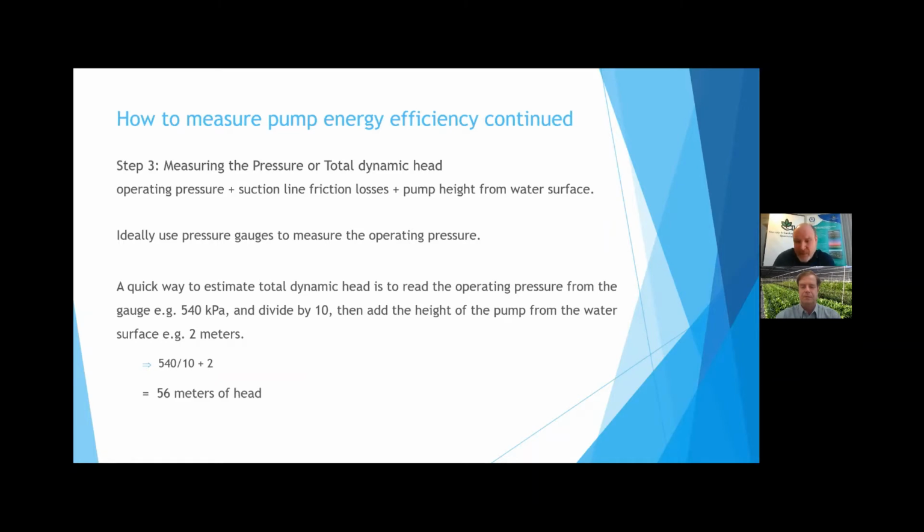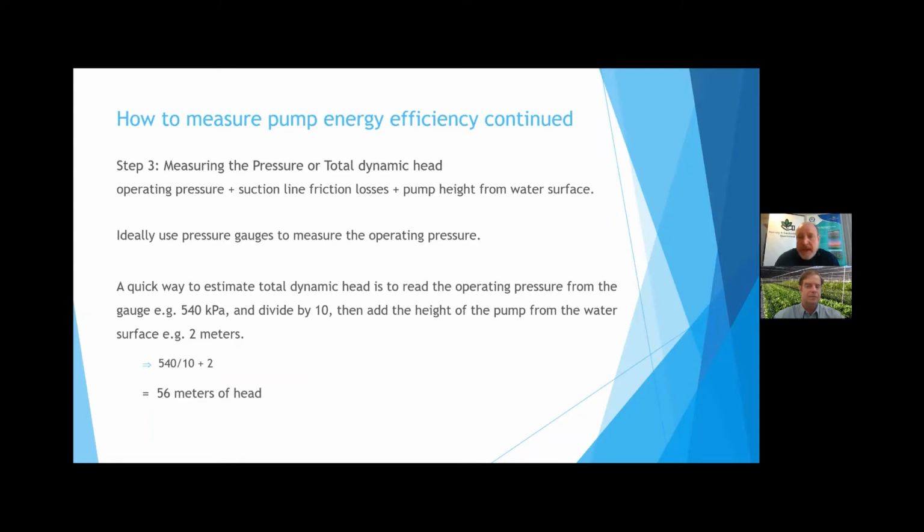There is a rough way, a rule of thumb, to calculate the total dynamic head using operating pressure. You read the pressure at the pump if you've got a pressure valve connected to your system. You take the pressure at the pump in kilopascals, and then you divide that by 10. And this is an approximation of the total dynamic head. And once you divide that by 10, you can add the difference in height from the pump to the water